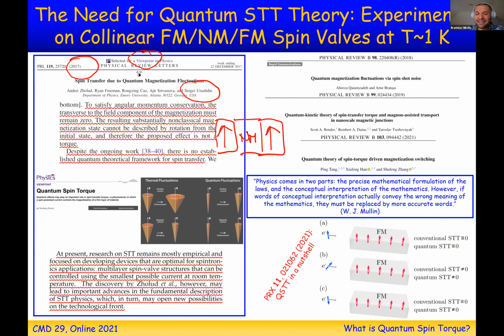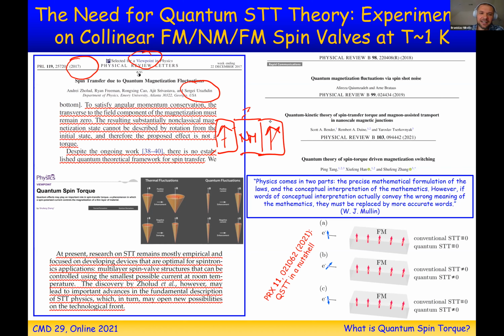And since he is at such a low temperature, typically in real devices, nobody actually really tilts the magnetization of the left magnet. What they do is rely on thermal fluctuations, basically tilting magnetization. And then when you pass a current at some point randomly, and that's why there is a distribution of the switching times, you're going to reach non-collinearity and initiate this spin transfer torque process. But in this case, you're at 1 Kelvin, everything is frozen, and technically nothing should happen.